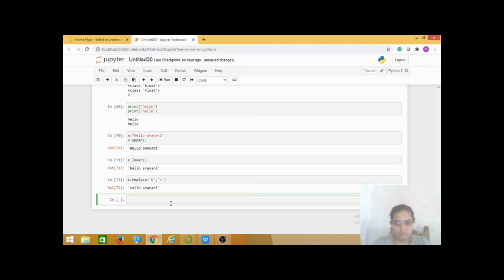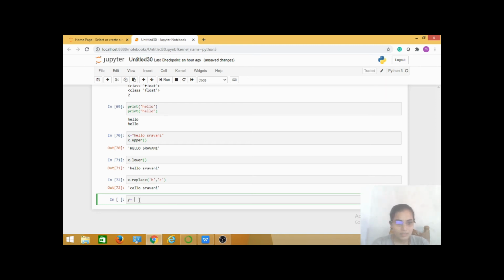And now, in strings we can also do concatenation operations. Here I am taking a new variable, followed by an equal sign, with a string value. The string value is 'hi'.